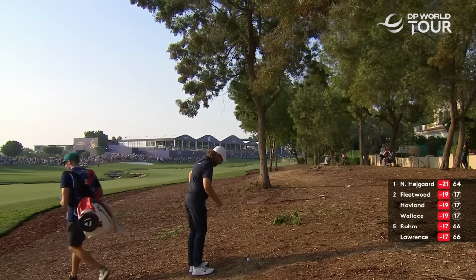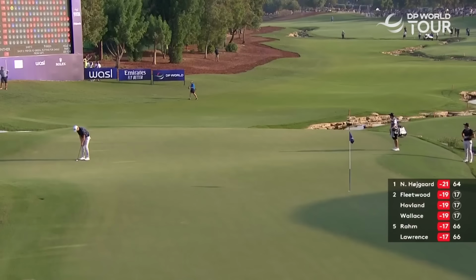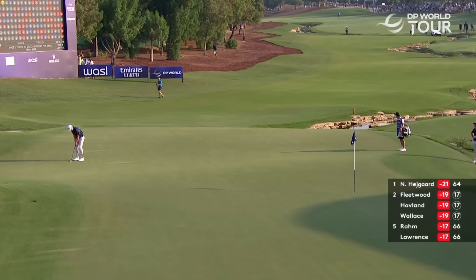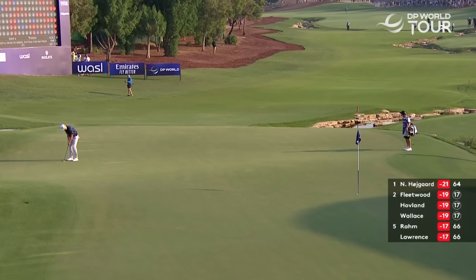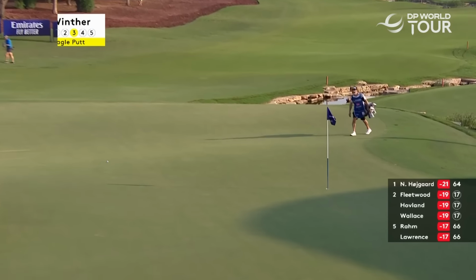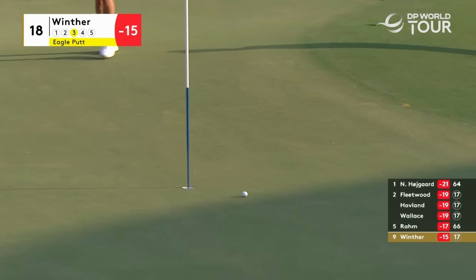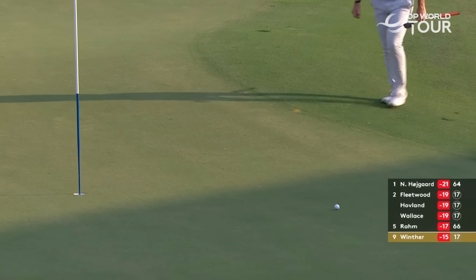That's what faces Tommy Fleetwood. He's got to take a massive risk. Oh, he hopes he holds a pitch. 18th green. Wouldn't this be nice? Up 18 for Jeff Winter to finish what has been an incredible week. Give that a good chance. A little bit far by, but...